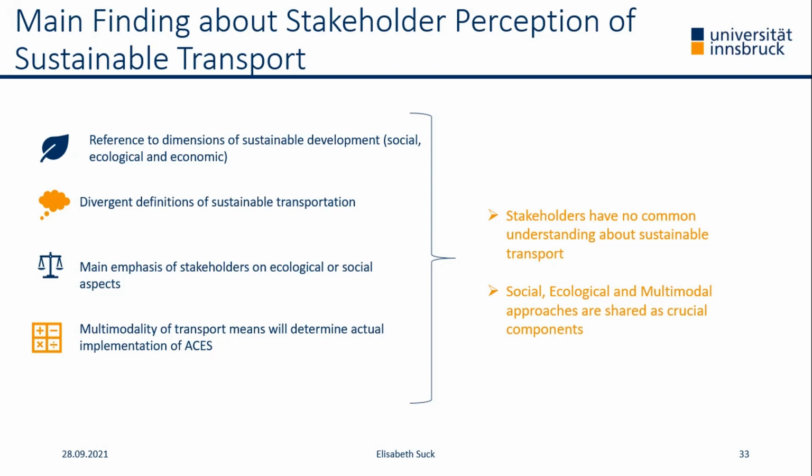So they said a mobility or transportation system with ACES has to include multimodality of transport means. That means, for instance, e-scooters or bikes or public transport solutions. And only with this holistic view, ACES will have a future that is really the best one for supporting sustainable